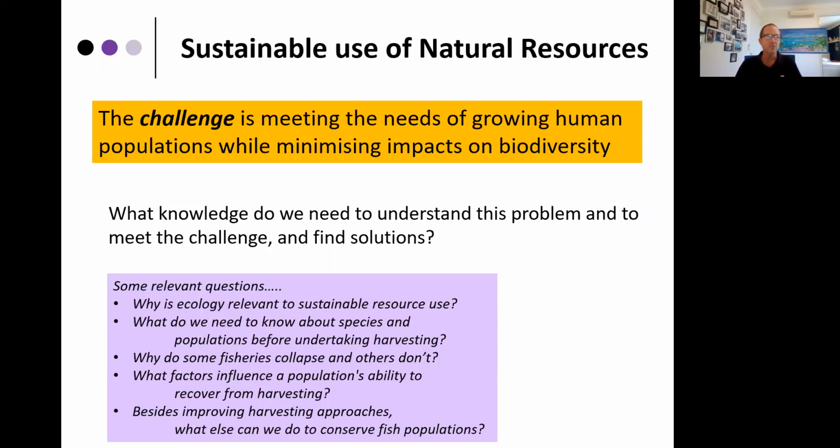So the first one's, why is ecology relevant to sustainable resource use? Well, hopefully that's a little bit evident in itself, but if you don't understand the ecology, which is the way the resources interact to produce things that we want, you aren't going to be able to effectively manage the resource. Do we need to know about species and populations before understanding harvest? I'd actually say we do, because if you just keep taking, but you don't know how fast the species are replenished and how important it is to have different ages or sexes of species available to actually maintain the supply,